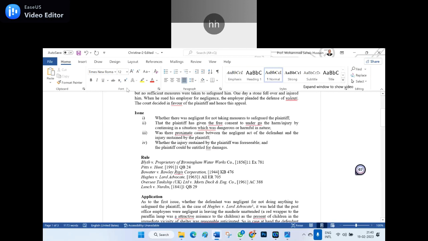Of course, here it is gone. Yeah, the plaintiff. I write only the plaintiff, but I can make the T a capital letter. The plaintiff could be entitled for the damages. The grammatical mistake is there: not "entitled," but "be entitled to damages." Grammatical mistake it is. Of course, in lawyer writing, they don't consider that a grammatical mistake.